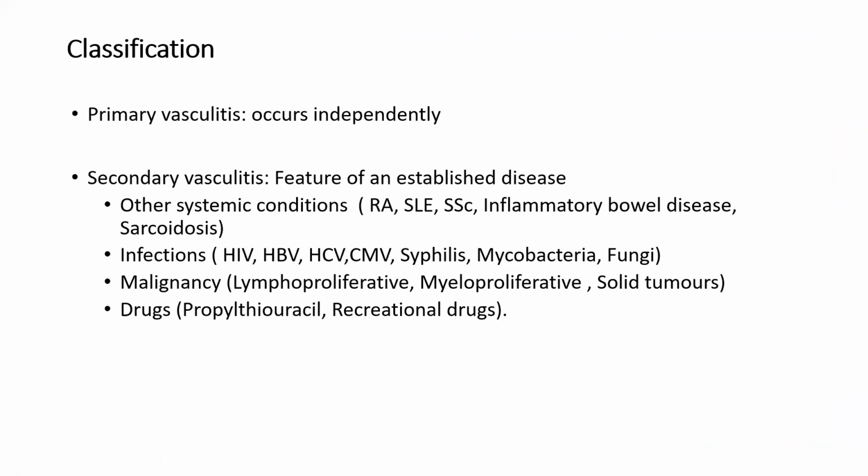So vasculitis broadly can be divided into primary and secondary. Primary vasculitis usually occurs independently, and secondary vasculitis will occur as a feature of another established disease. Under this, we have vasculitis that's related to other systemic conditions. For example, autoimmune conditions, rheumatoid arthritis, SLE, can have vasculitis associated with them, as can sarcoidosis and inflammatory bowel disease. It may also be associated with